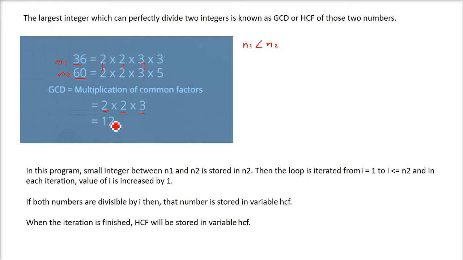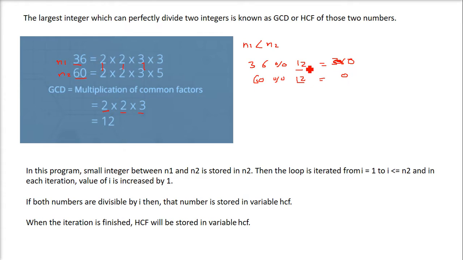So what is the number here? This GCD is the number which divides 36. That is, if you take modulo of 36 with 12, and 60 modulo 12, modulo will give you the remainder. So 12 3s are 36, so the remainder is 0. And 12 5s are 60, so you get a 0. So modulo will give you 0. Any number which divides both the given numbers, that is the highest number,